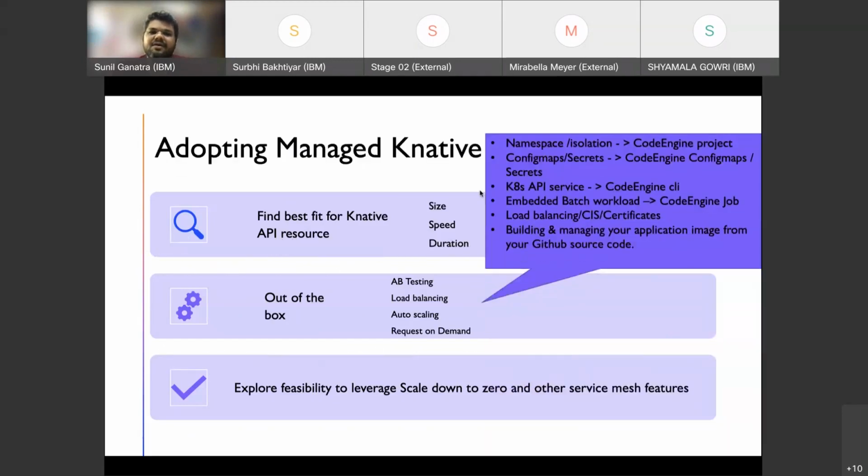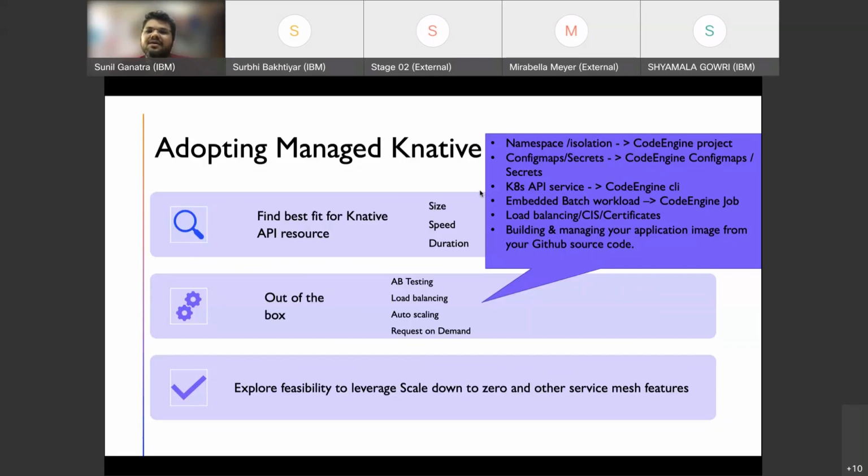And if you are adopting Knative on managed offerings, apart from all these things, you also get isolation based on the project. You already have readily available APIs to create config maps and applications and all. If you have a batch kind of workload, you get all those things automatically. All of this is provided on Code Engine. I have explored that more in depth compared to GKE.